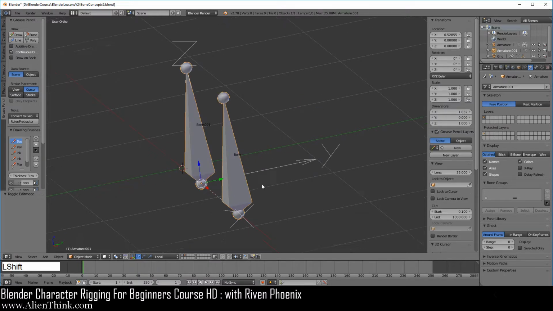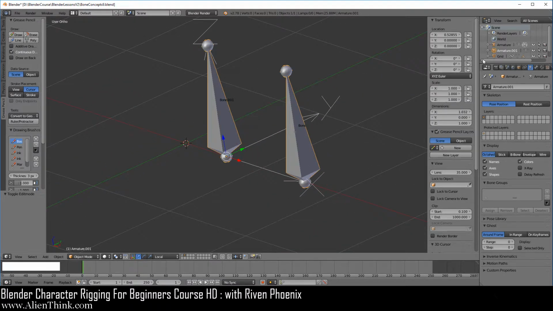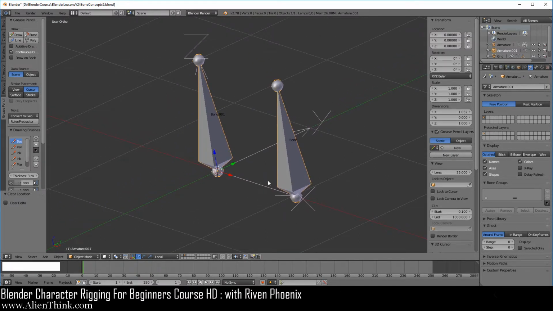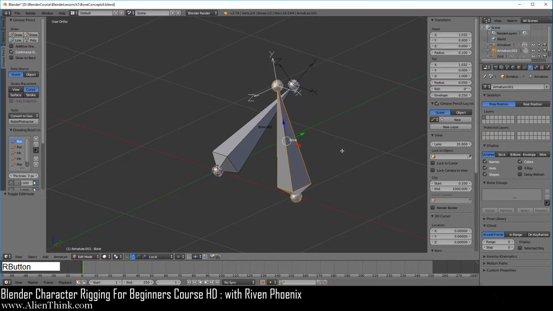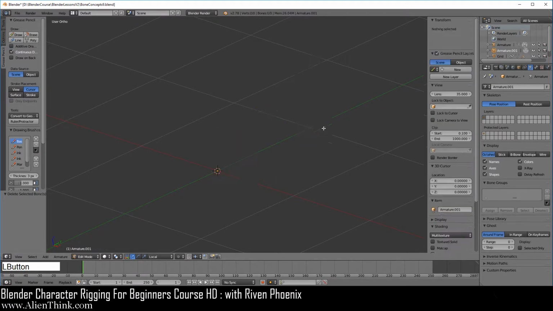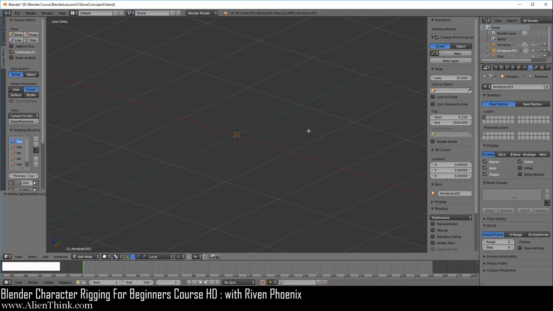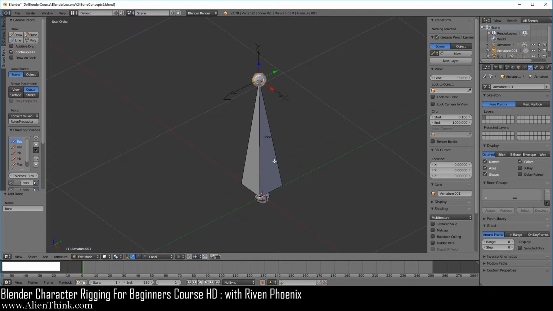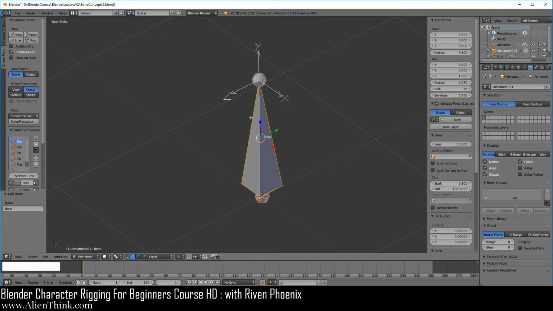So what I want you to do is go ahead and click on this armature and do Alt G to reset its location. Press the tab key, click on this bone, do X and delete, click on this bone, do X and delete, do Shift C to place the 3D cursor in the center, and just do a Shift A to add a bone over here. Now we're going to take a look at how the rotation is actually buried inside this bone in edit mode.